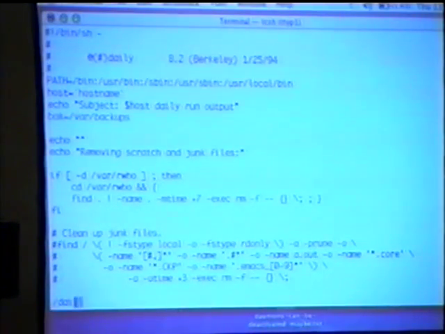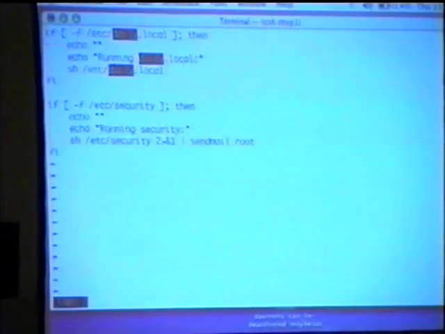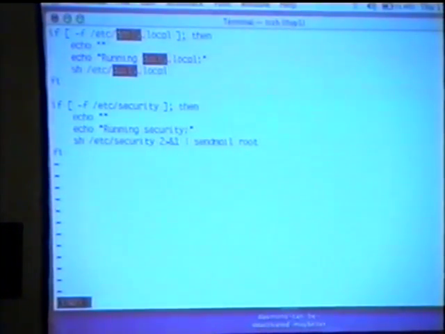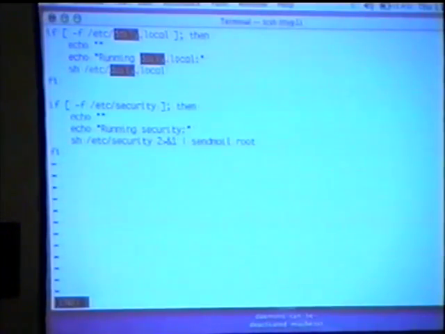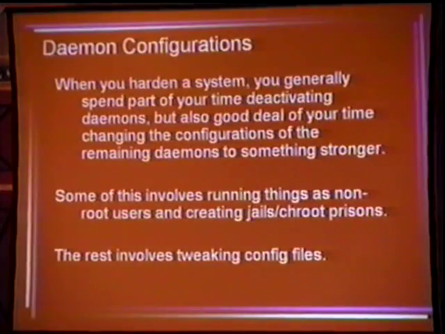The other thing it will do is run a script, if it exists, called /etc/daily.local, and that's where you're supposed to put your stuff for periodic to run. So I would go through, especially on a system that's already running, and check that file, and look at everything in /etc/periodic, and then check any files it references. The only ones it references by default are /etc/daily.local, /etc/weekly.local, and /etc/monthly.local. I take a look at those. So I had a slide referencing that.